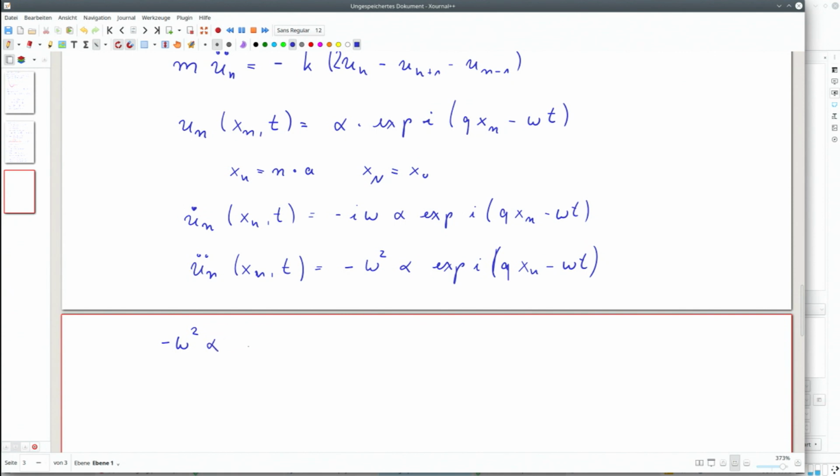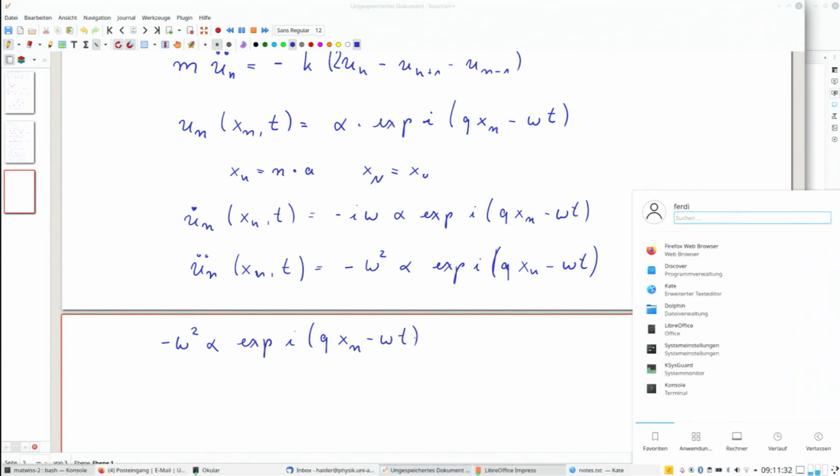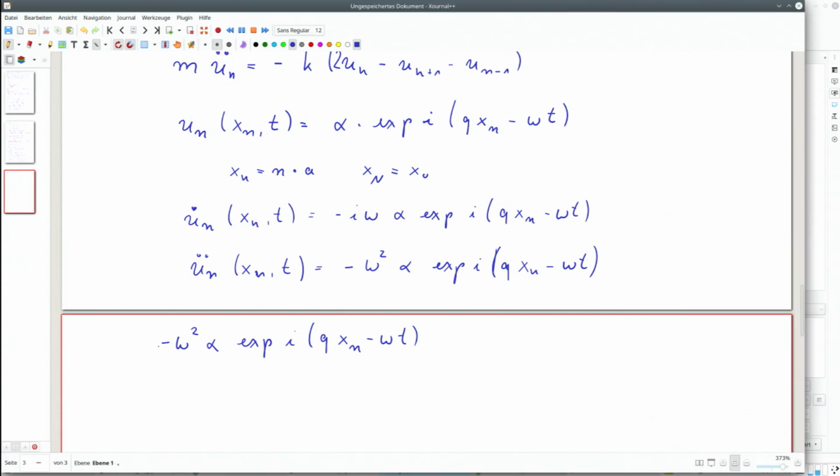omega alpha exponential I q xn minus omega t times the mass. So perhaps I'll put it in front here. This now equals minus, I think I put it into a new line, otherwise I run out of space,